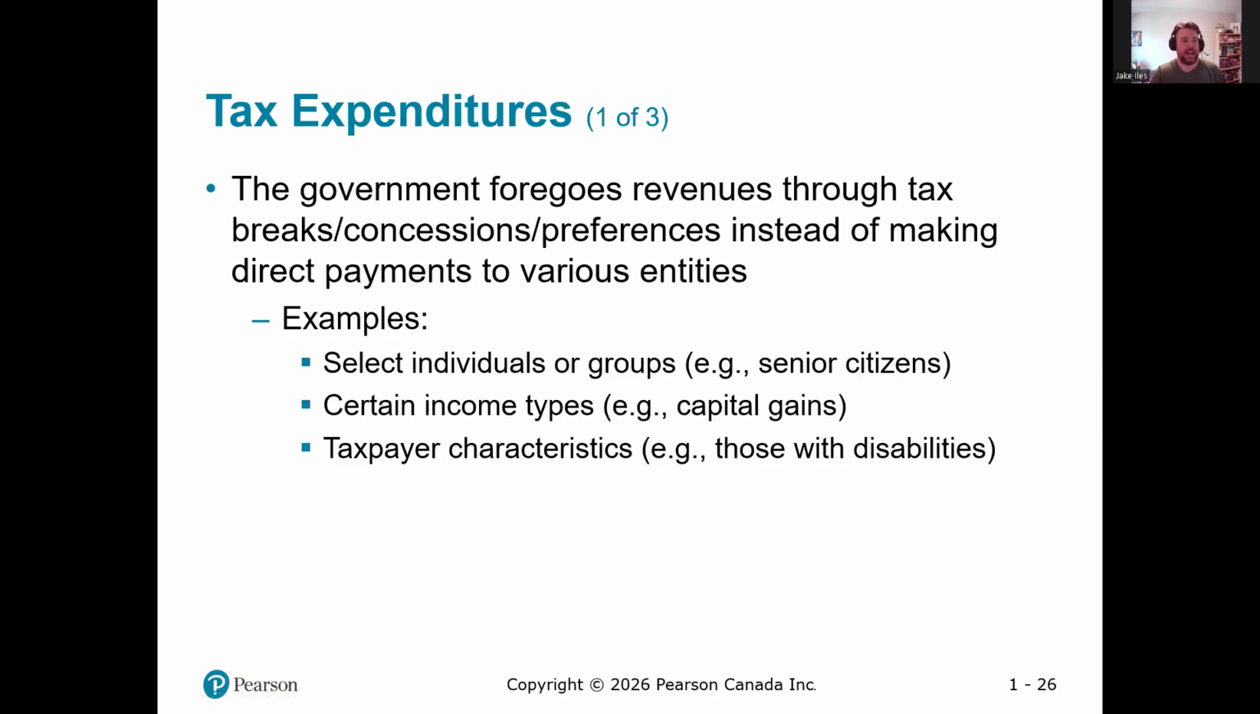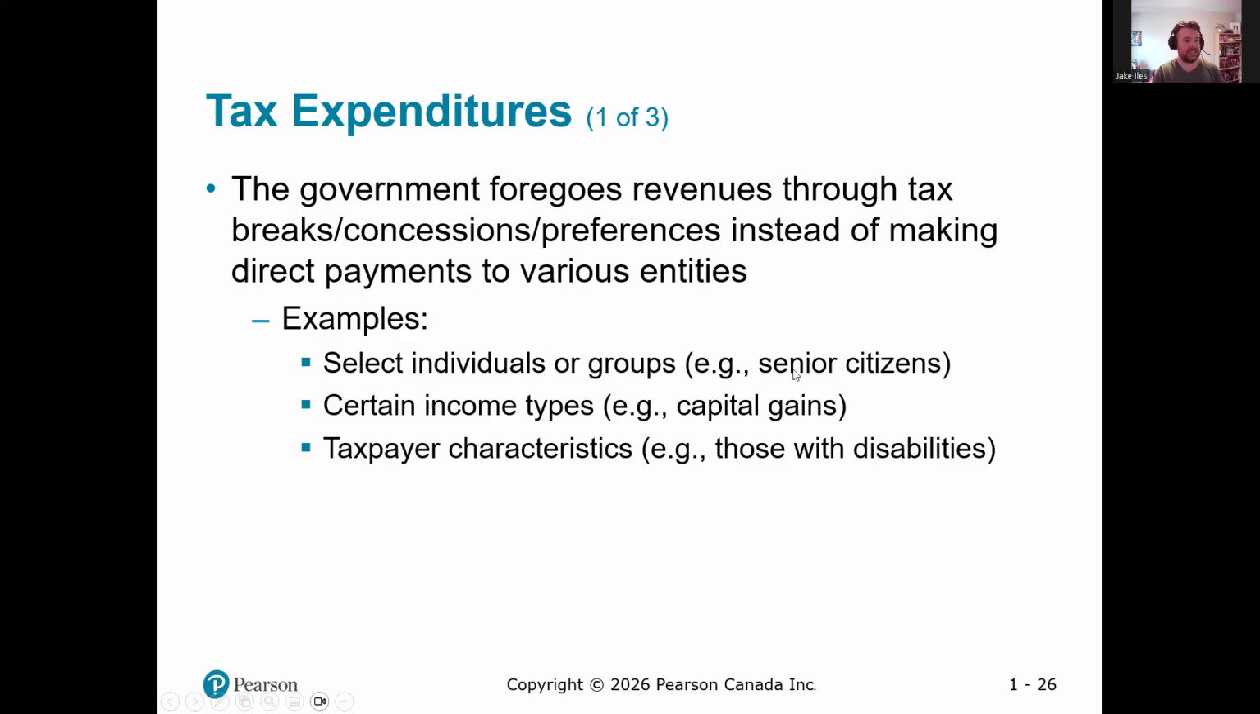So we have what's called tax expenditures. The government has a lot of programs and such to help low income or help citizens or residents that struggle or need it. But setting up a program can be costly, it can be time consuming. So one of the more cost-effective ways of helping certain individuals is by allowing them certain credits, by giving them a monetary benefit through the filing of their taxes. So the government foregoes some revenues through tax breaks, concessions, and preferences instead of making direct